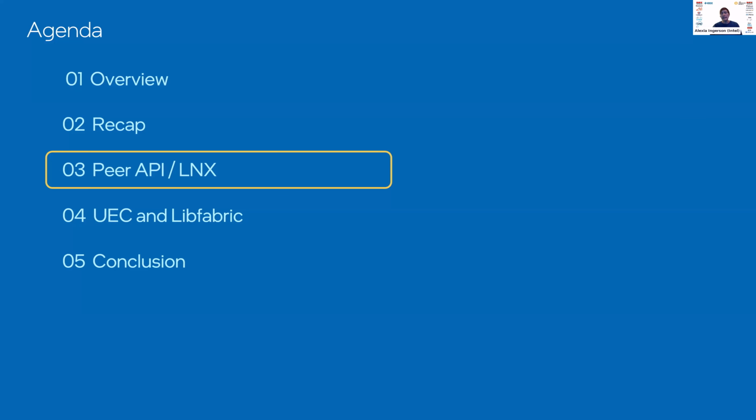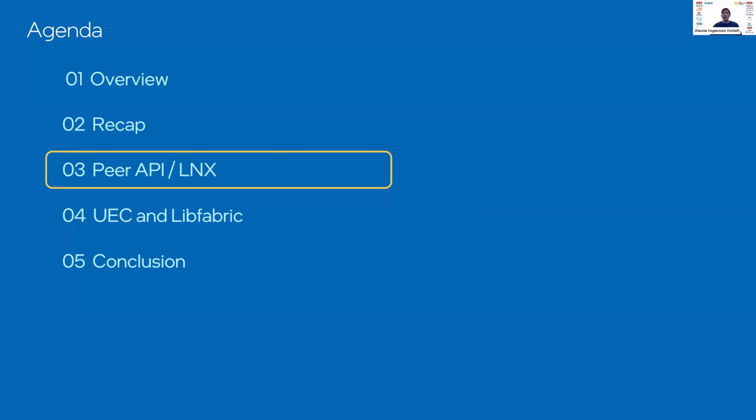So to fix this, we developed a set of APIs that we call the peer API, which allow multiple providers to share resources together, so to be used as peers. Basically, one provider could own a resource and then import it into another provider for it to use directly. These APIs are not intended for applications to use, but rather for providers to use internally to communicate with instances